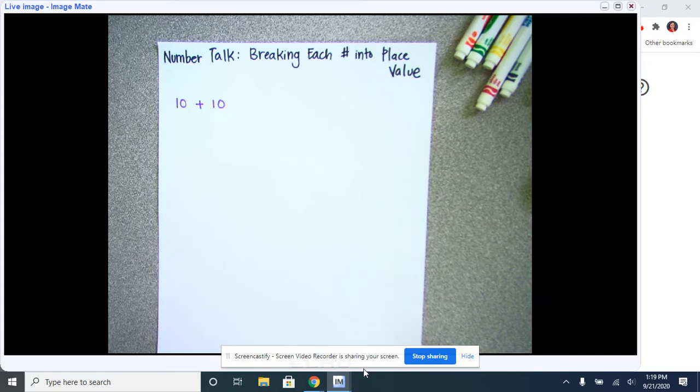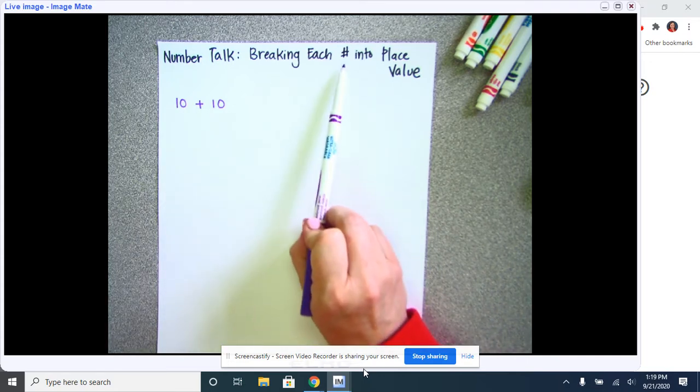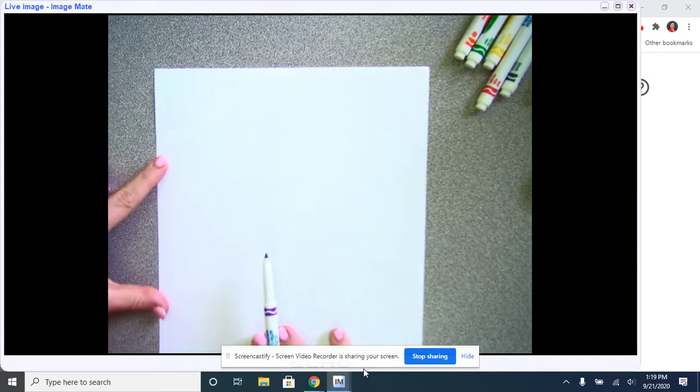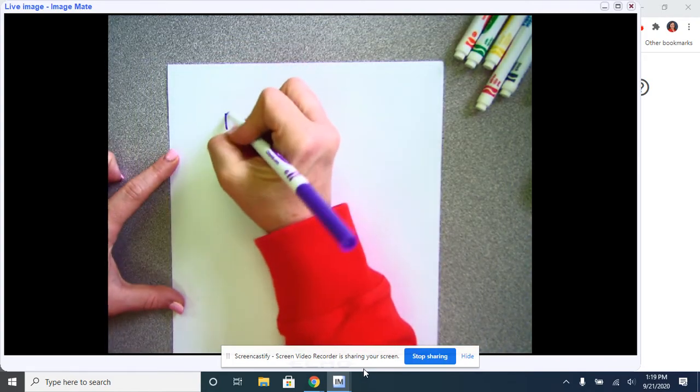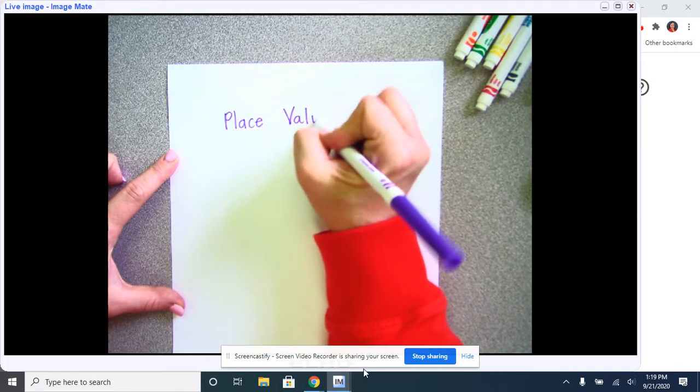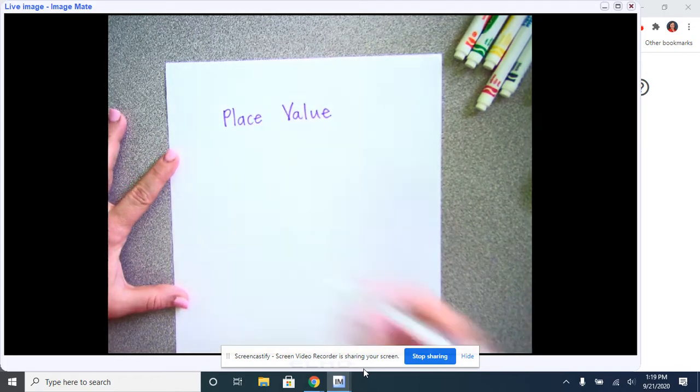Okay, our number talk today, we're going to talk about breaking each number into place value. Place value is the value of each part of the number. So let me flip this over and talk about place value for just a second. All right, so if I look at this number,